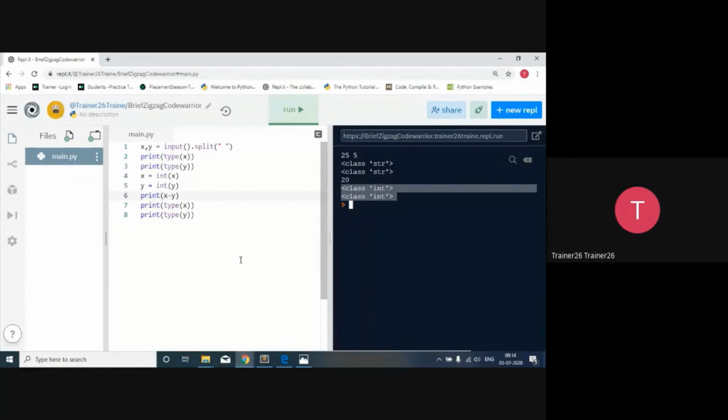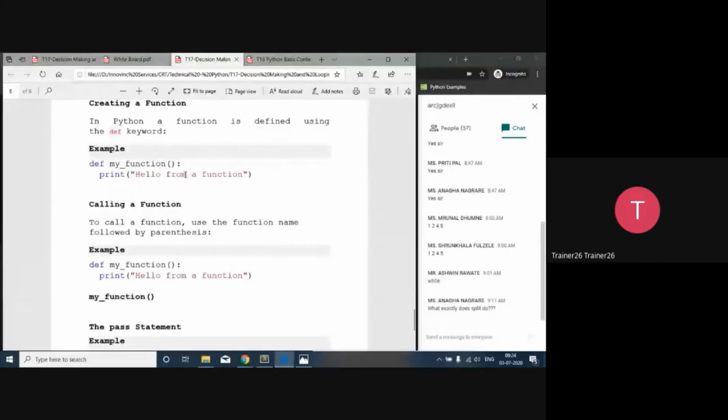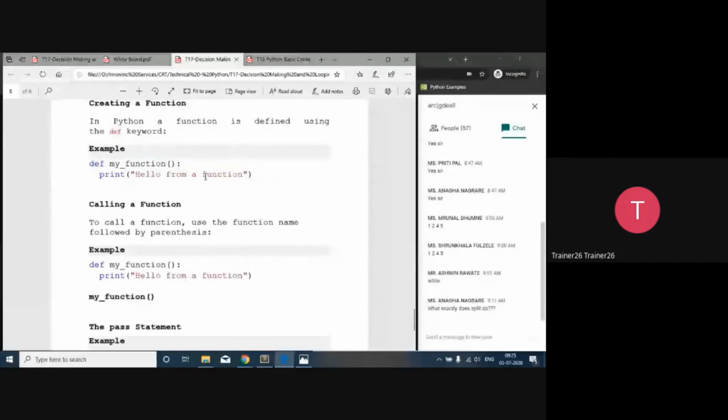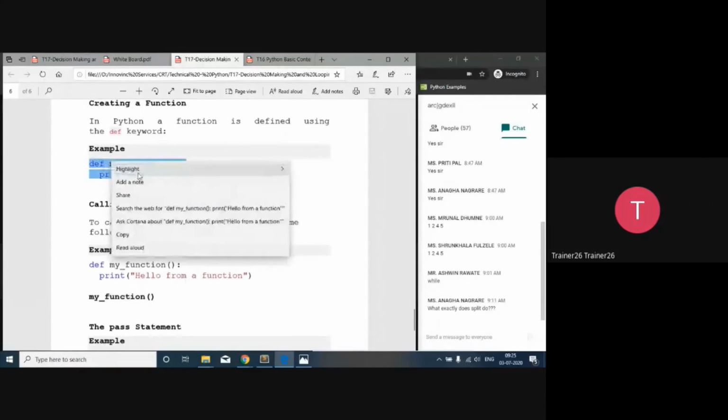So this is the way we have to be careful while reading an input from a keyboard. Whenever you read an input from a keyboard, you have to be very careful. Now we are going to talk about the function. As in other languages, we can declare a function here also. But here there is not much fuss. When we talk about C, there is a return type, the name of the function, and the parameters. Here that return type and parameter fuss is not available. You do not have to give the return types. You can directly declare the function, and after the colon, you can define the body of the function. This is the first function that we want to execute.